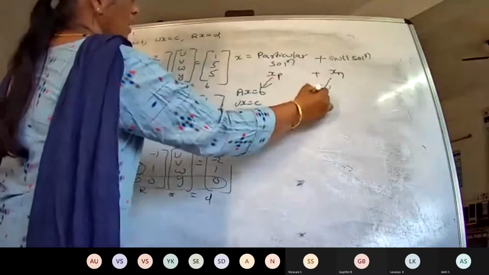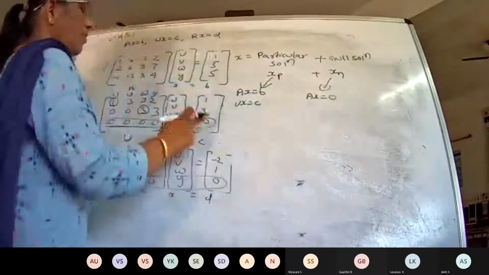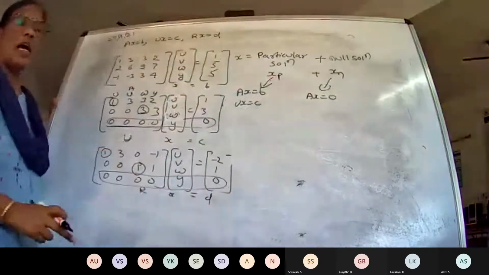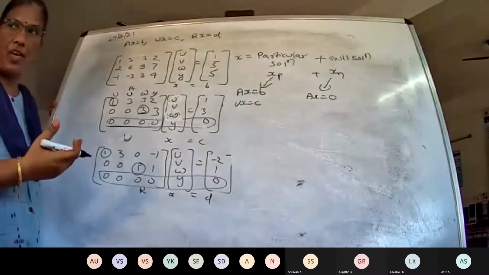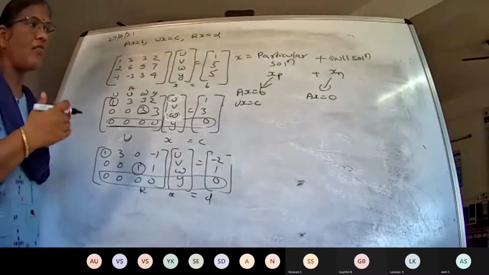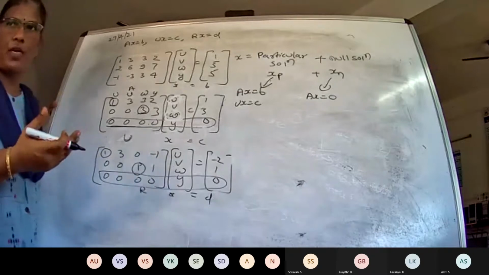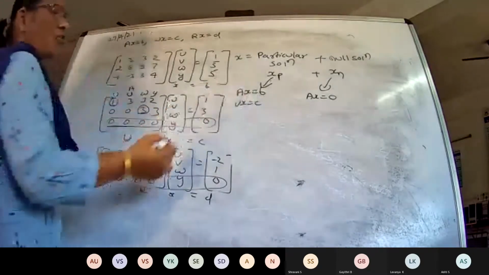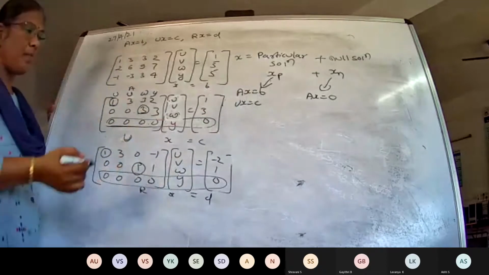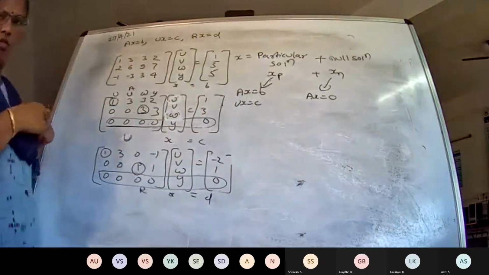And what will be your null solution? Ax equals 0. If I substitute zeros on the right side and then solve for the variable values, I call that the null space solution, or null solution, and the other will be the particular solution. Now let me solve